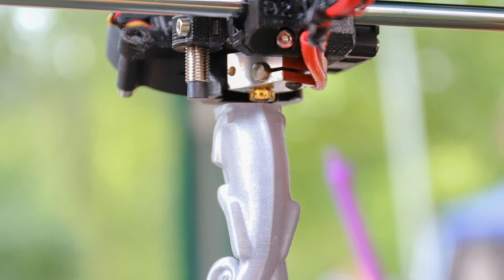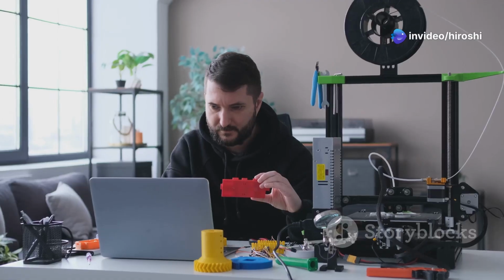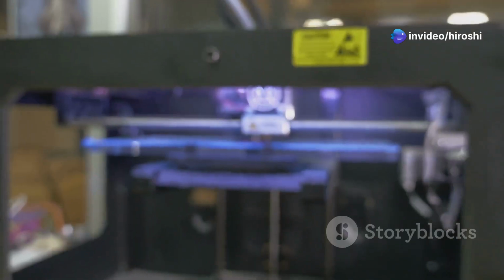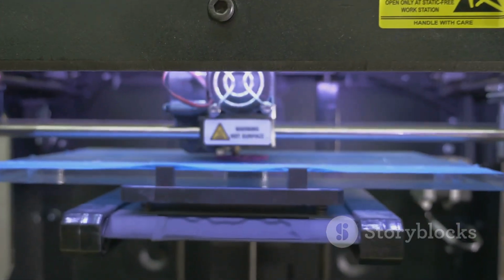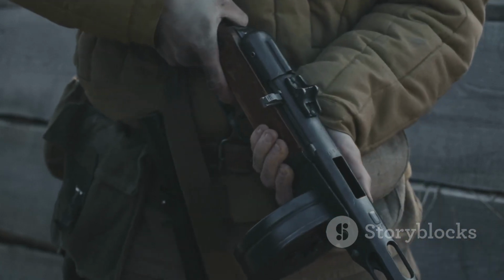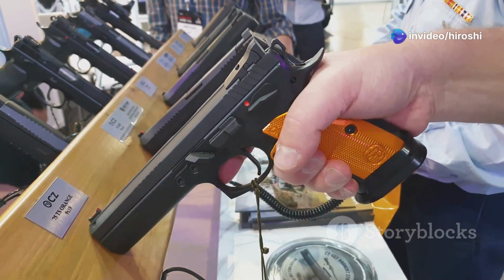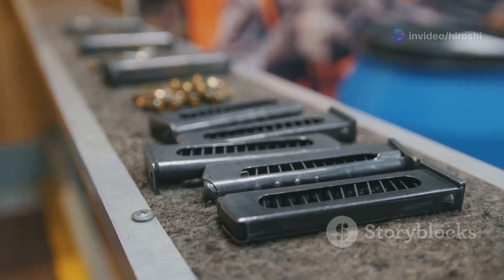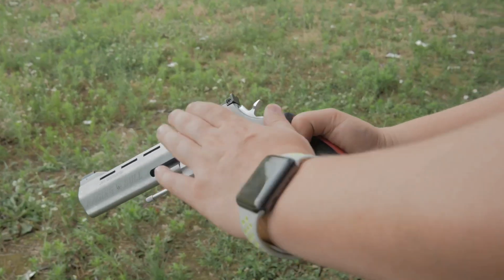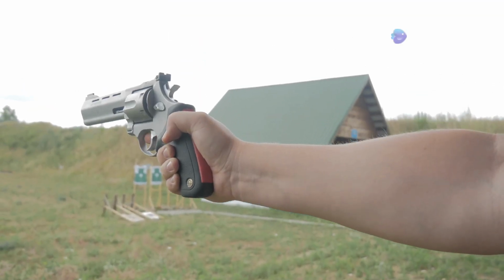While commercially manufactured receivers are subject to background checks and other regulations, 3D printed versions can be produced at home with minimal oversight. Once the 3D printed frame is complete, the builder then incorporates commercially available parts, such as the barrel, slide, and magazine, to complete the firearm. These parts are often purchased online or at gun shows where regulations can be more lax. This hybrid approach allows individuals to circumvent traditional gun control measures and obtain functioning firearms without any background checks or